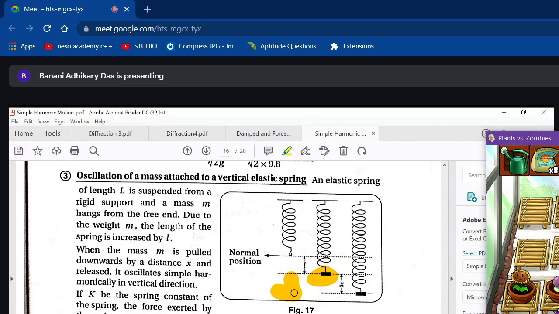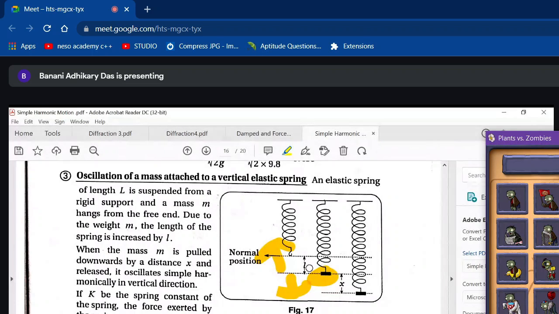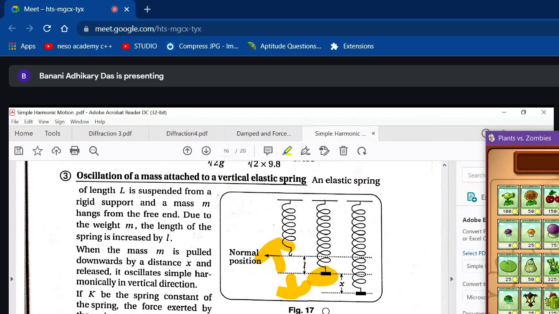I've taken a simple spring and attached a mass so that it gets elongated by a distance L. This elongation is a result of the mass acting downwards. If you have a net force acting downwards, you should have another force pointing upwards to balance this. Otherwise equilibrium will not be maintained. So what is it? This is given by the spring constant, because that is the force exerted by the spring, acting in the opposite direction, and it is proportional to the displacement.